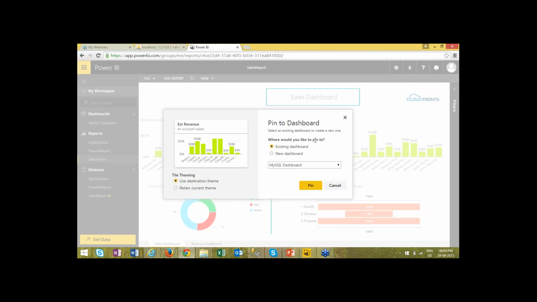So earlier, Power BI used to pin the visualization to the default dashboard which you have viewed earlier. So with the help of this feature, it helps you to select which dashboard you want to pin the visual to. So for example, I want to pin this to an existing dashboard, or I want to pin this to a new dashboard. So I'll create a new dashboard as sales dashboard,